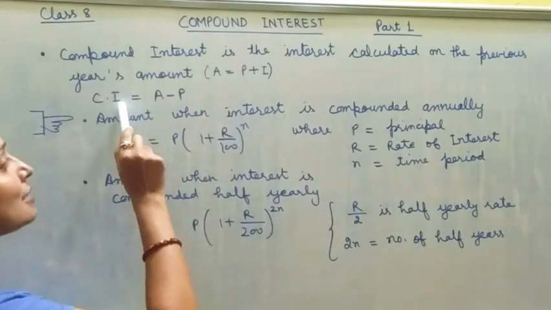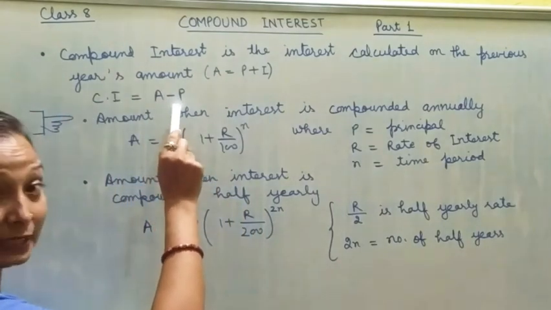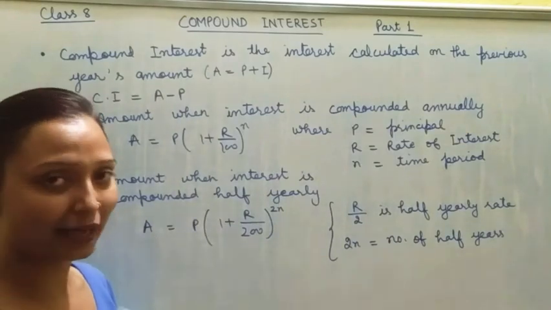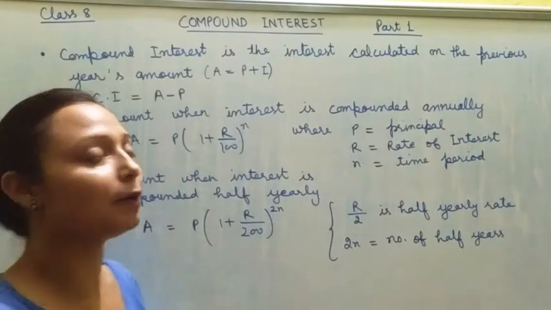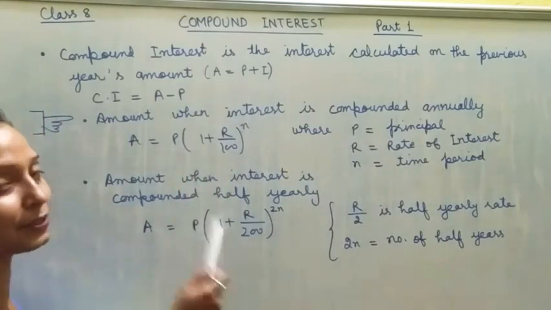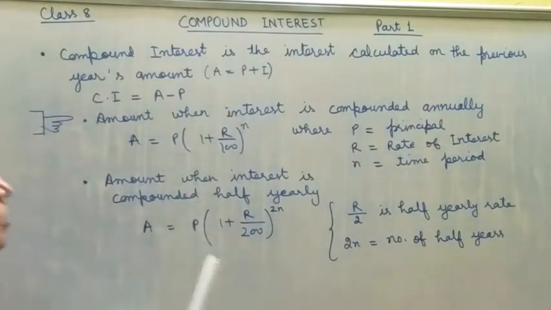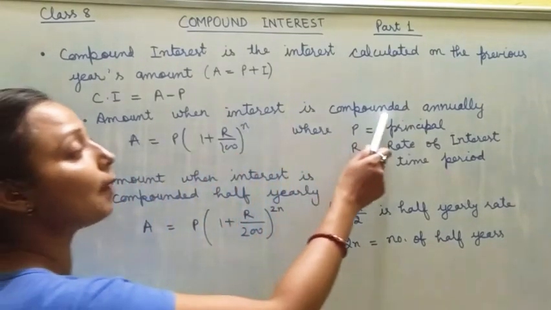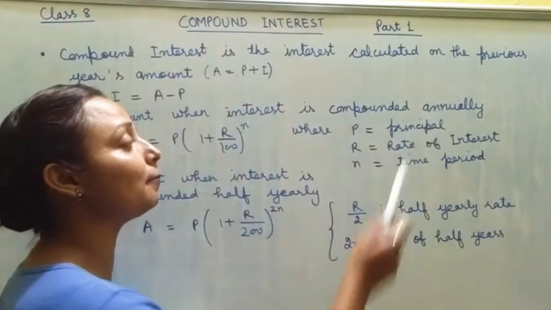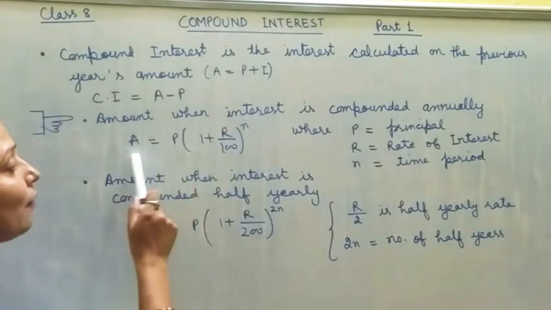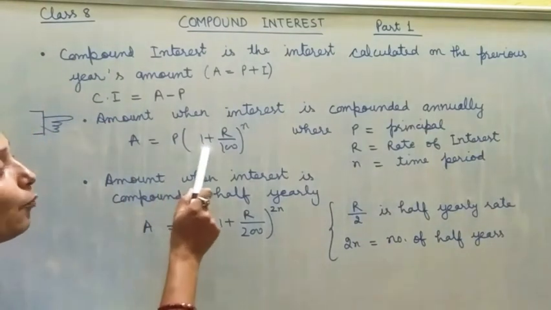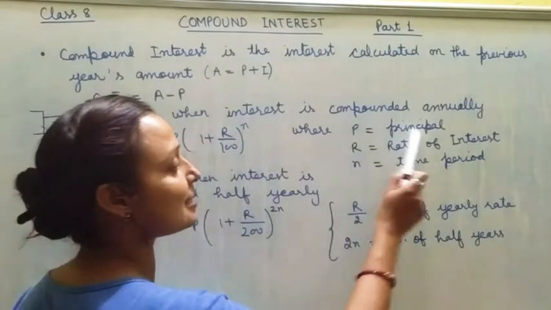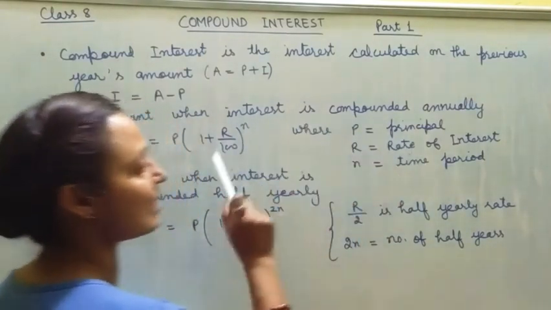Compound interest has a formula: amount minus principal. The principal is given to you in the question, but how can we find the amount? There are two formulas for finding the amount. What are those formulas? Amount when interest is compounded annually. When annually compound interest is given, you have to use A equals P times (1 plus R upon 100) raised to power n, where P is the principal, R is the rate of interest, n is the time